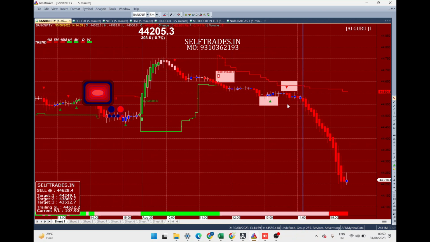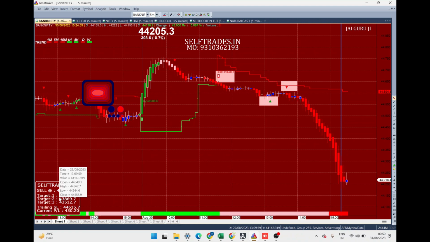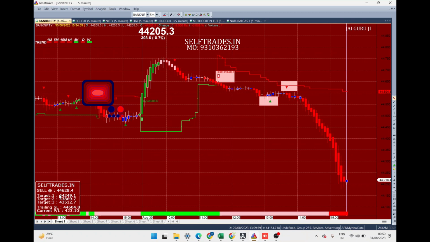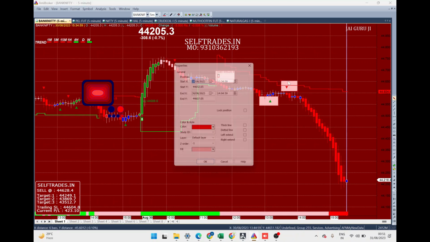We were waiting, and at around this time, as per expected lines, around 220, the market started falling big with volumes. You can see all those big red bars here. And look at the message board. What was our profit? 269 points, 345 points, 417, 473. We had achieved our first target of 44,429. Market made a low of 44,155, and by the time the market closed, we did not get any signal. But since this is an intraday chart, we exited our position in a profit of around 400 points.